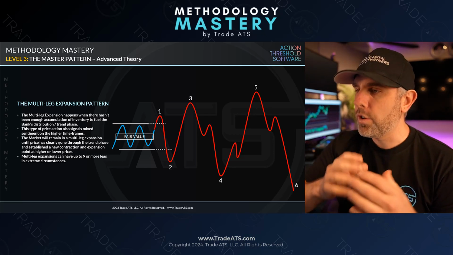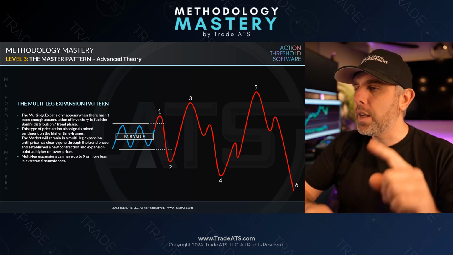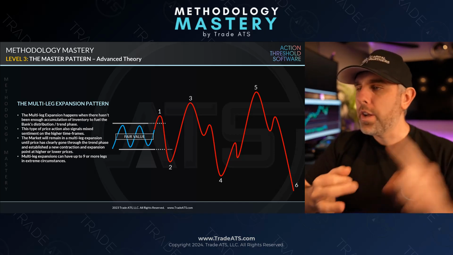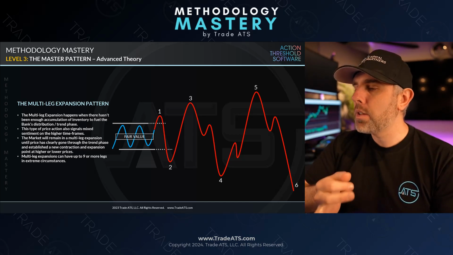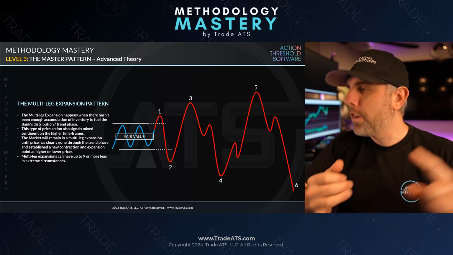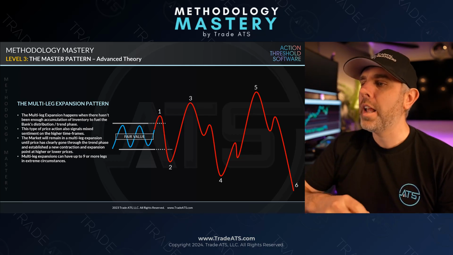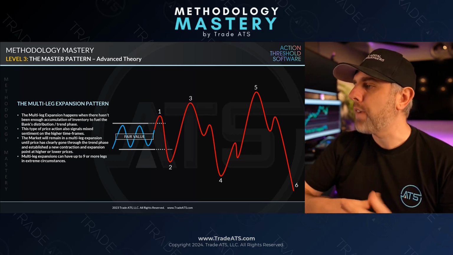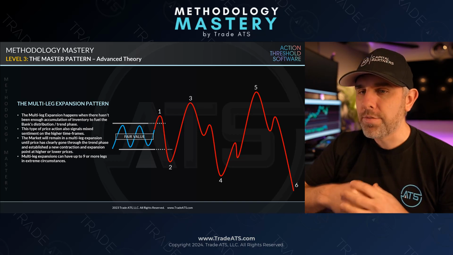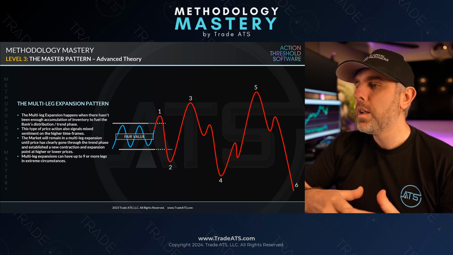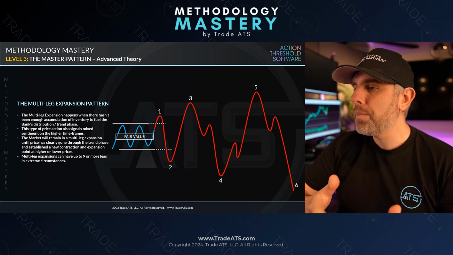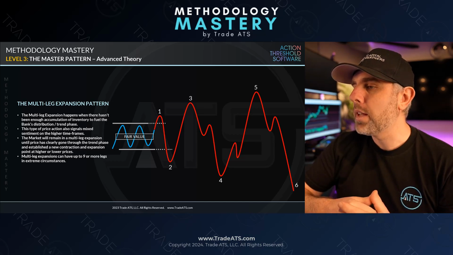Because then if your directional bias is short, you're hitting 1, you're hitting 3, you're hitting 5. If your directional bias is long, you're hitting 2, you're hitting 4, you're hitting 6. And you're taking it only in that direction, and you're trying to get through fair market value. So it's a very simple, powerful concept, but if you don't keep it simple, then it could work against you.